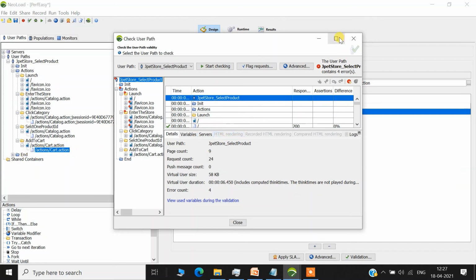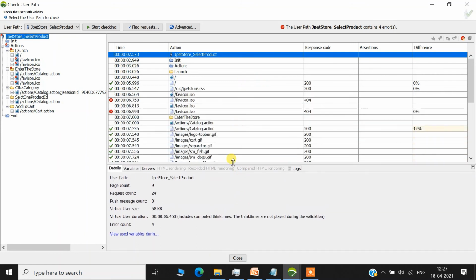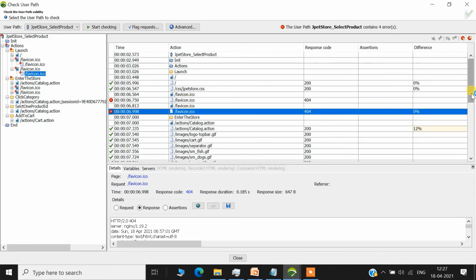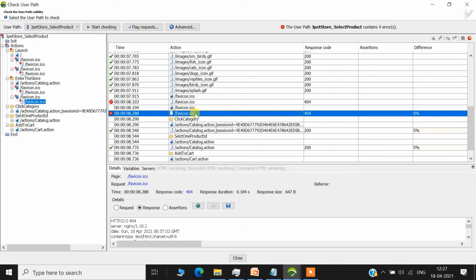If you see, user path JPEG store select product contains 4 errors. What are the 4 errors? First, just expand this. The failures were happening at the favicon.ico: 1, 2, 3, 4, all 4 are 404 messages for favicon.ico.